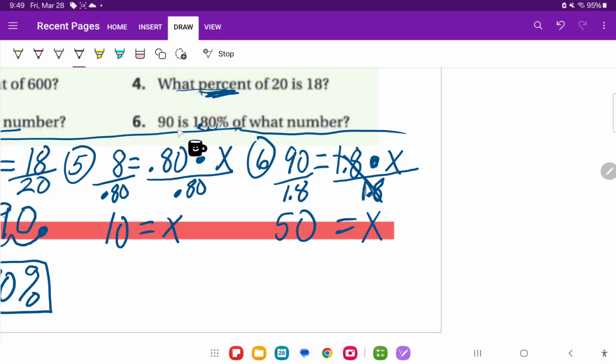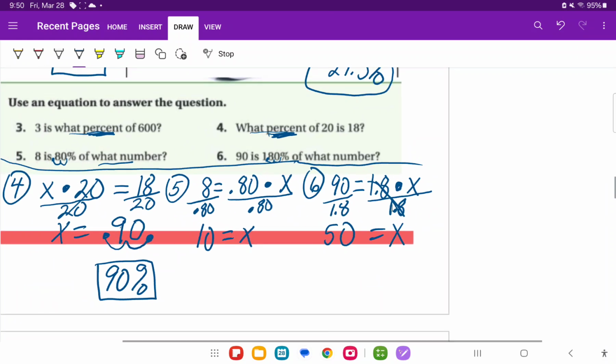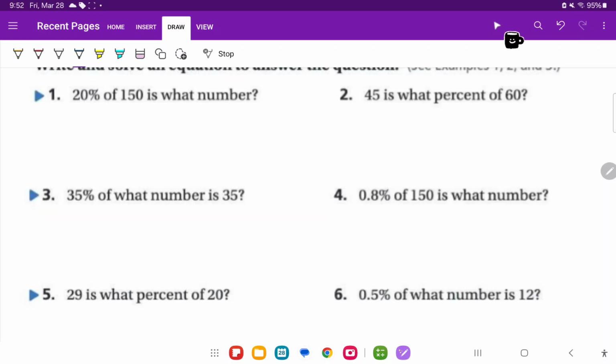So 90 is 180% of 50. Okay, awesome. All right. Okay, we're going to look at this next page. We're going to answer these questions real quick. Okay, and so on number 2,